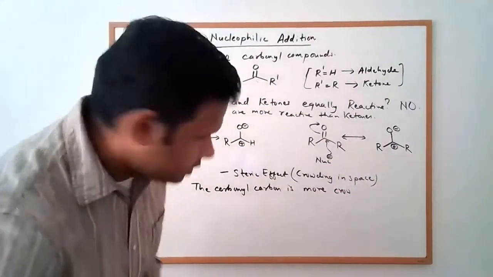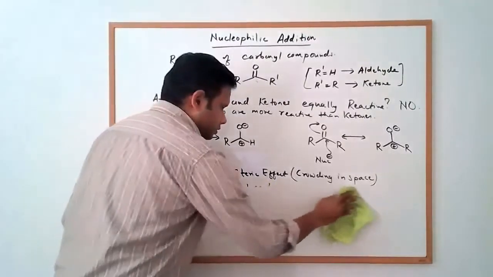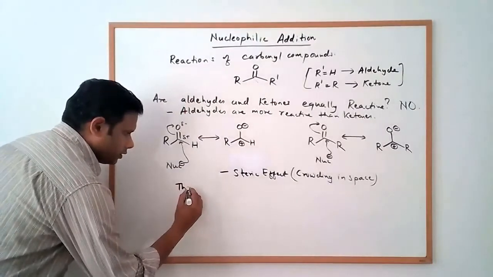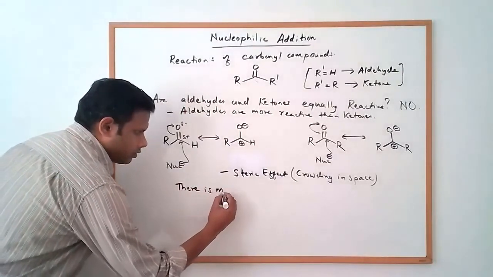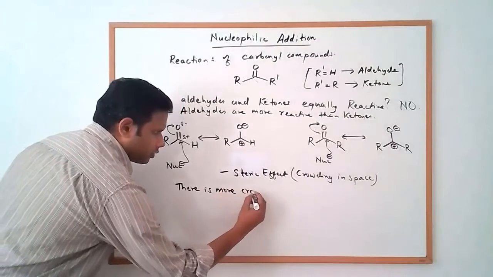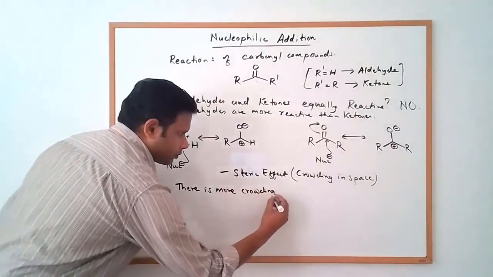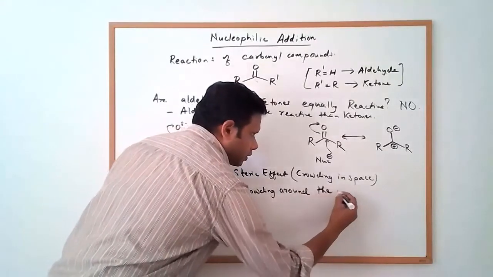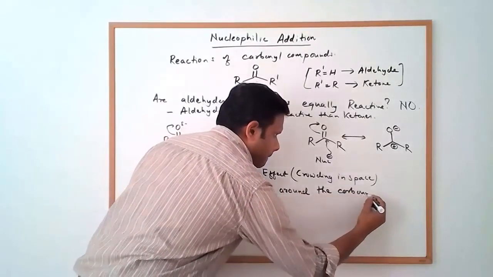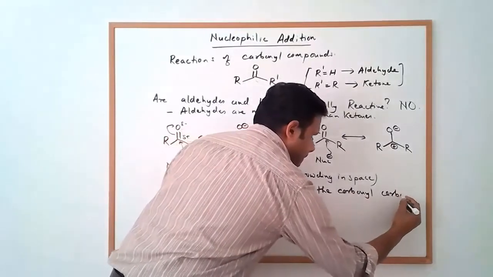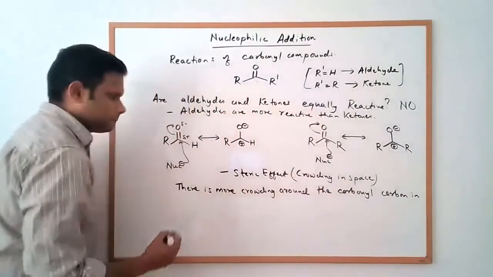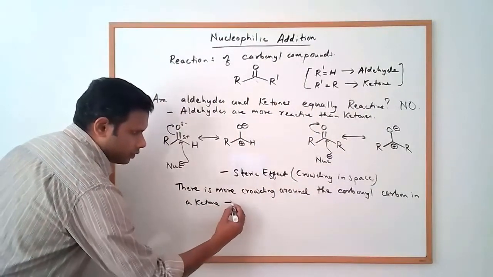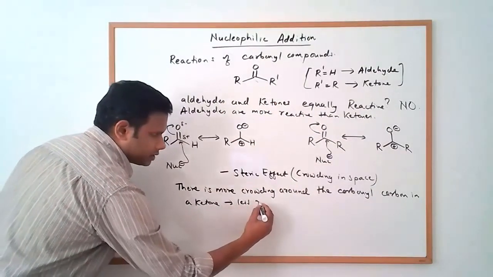Or I guess a better way to phrase this would be there is more crowding around the carbonyl carbon in a ketone, which makes it less